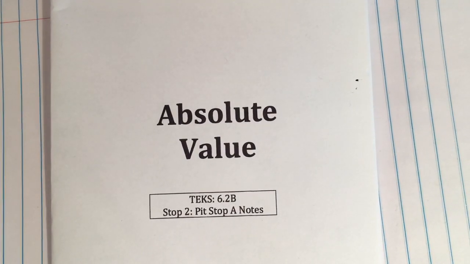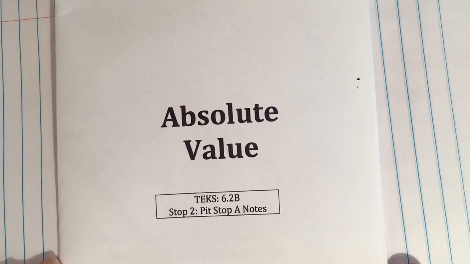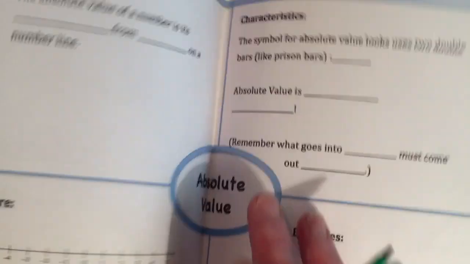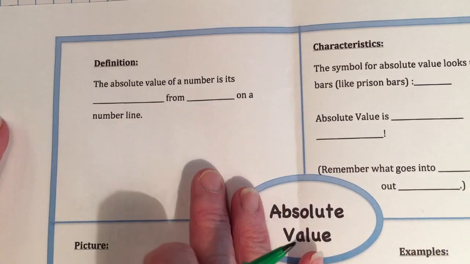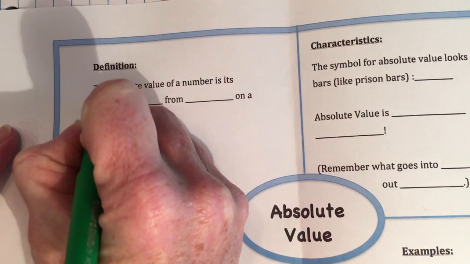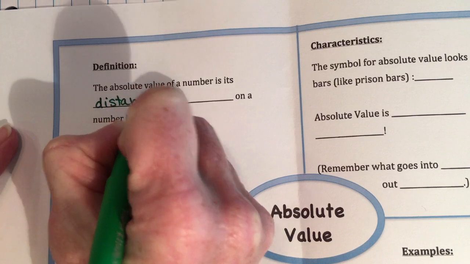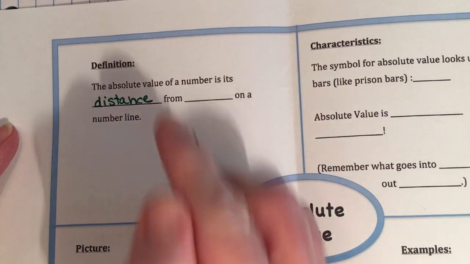Hi everyone, so in this video we're going to be talking about absolute value. We open up our notes here. So first of all, what is absolute value? Well, actually, it's just the distance a number is from 0